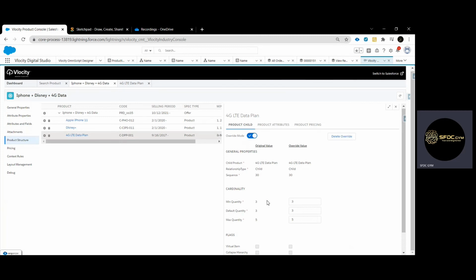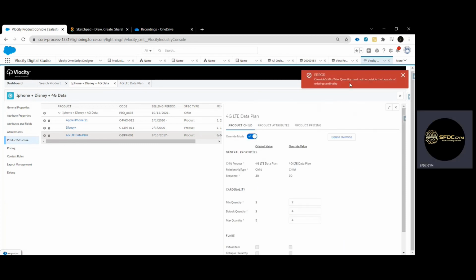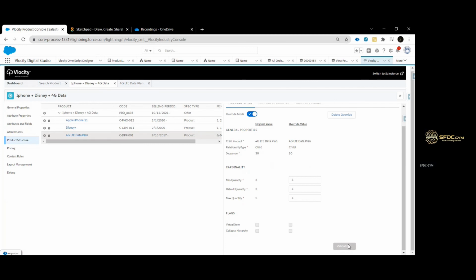Now you can change the definitions here. For example, the minimum quantity I have created is 3. Now I can make it 4. And the default quantity I will also make 4, and I make the max quantity 4 as well. So this means I can override the default value that is given. There is a limitation actually. We cannot make it 2 here. The minimum quantity that we have given, if it is 3, we can make it 4, 5, 6, whatever it is, but we cannot make it less than that. Let me try to save it. It will throw a validation exception that the minimum quantity cannot be less than that. You cannot override this value. So we can make it 4 here. OK, so this is how this is set. We can now save it.